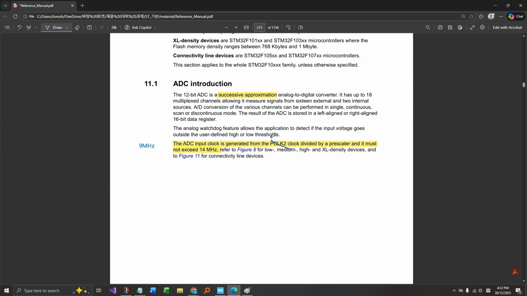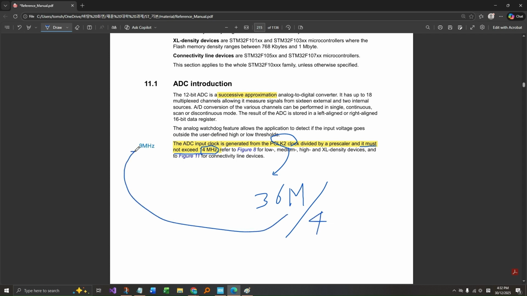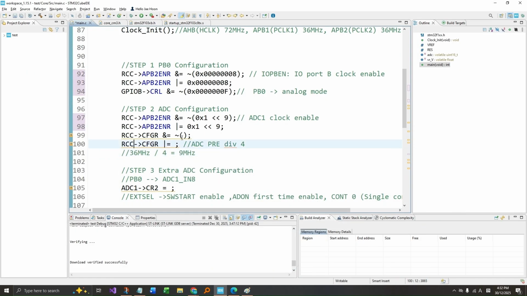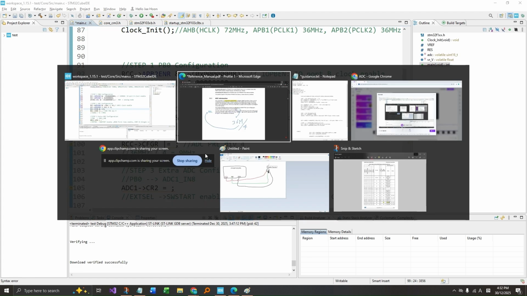Our PCLK2 is right now 36 megahertz, but it must not exceed 14 megahertz. So I'm going to divide this number by 4. So I'm going to make the ADC input clock 9 megahertz, which is much lower than 14 megahertz. And so, we have to set the prescaler